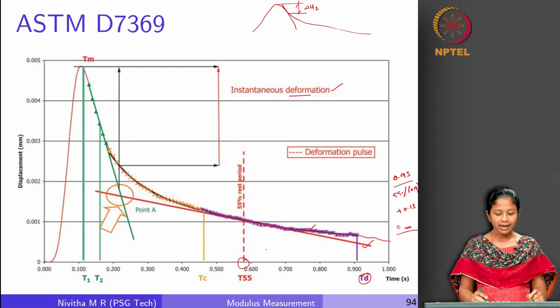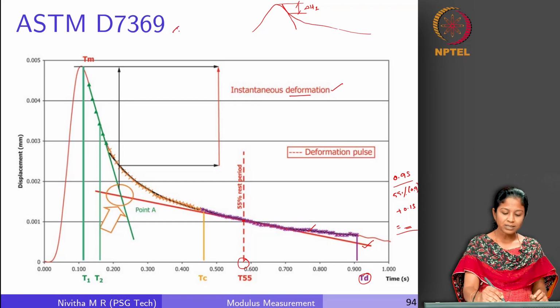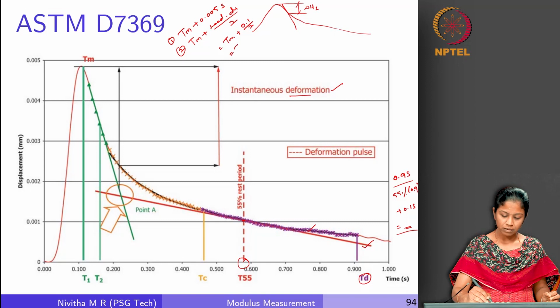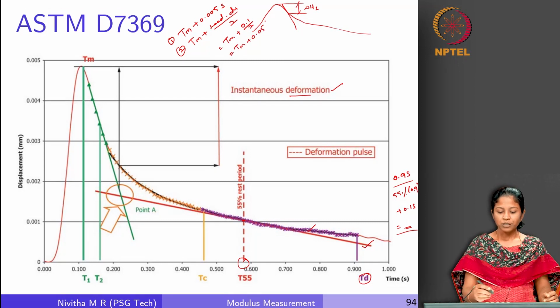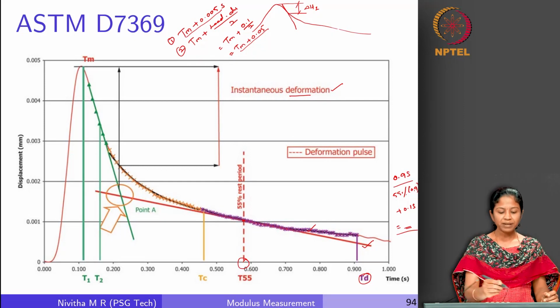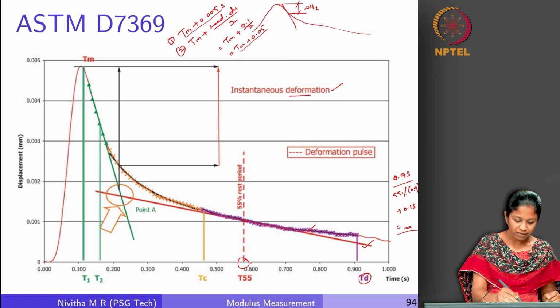What is the second line? The second line is what we use to capture the instantaneous deformation. It is defined as a straight line connecting 2 points. What are the 2 points? One is Tm plus the loading duration divided by 2. In this case it is going to be Tm plus 0.1 by 2, which is Tm plus 0.05. So, we have 2 points, one is Tm plus 0.005 and the other one is Tm plus 0.05. We identify these 2 points on the deformation curve. Tm is nothing but the peak load time. To this Tm we add 0.005 to get the first point, add 0.05 to get the second point, we connect these 2 points and then